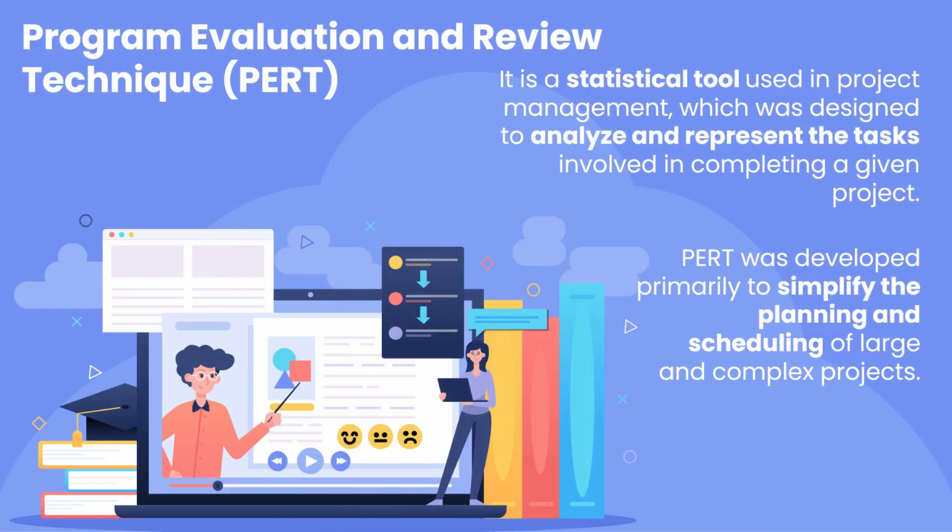So if you talk about PERT, PERT is basically the Program Evaluation and Review Technique. This is the full form of PERT, and it's a statistical tool, right, which is utilized in project management to analyze and represent the tasks involved in the completion of the project. So, statistics means it uses some probability factor or probability distribution to understand the activity durations, what could be the possibility of completion of those activities, and then what will be the overall possibility of completing a project. We will be learning these concepts in detail, but on a higher level you can understand that